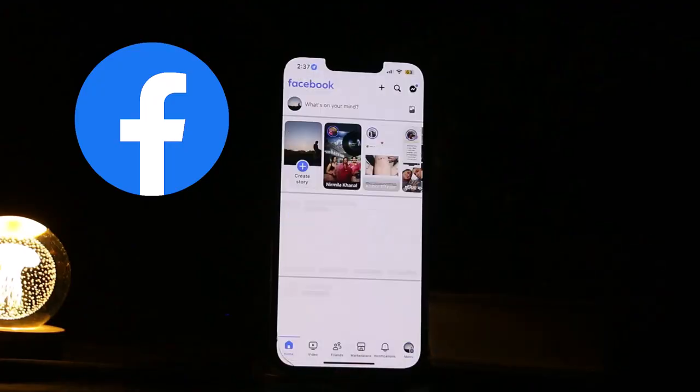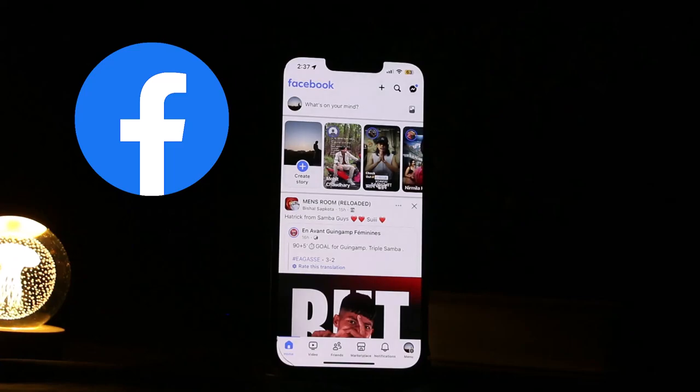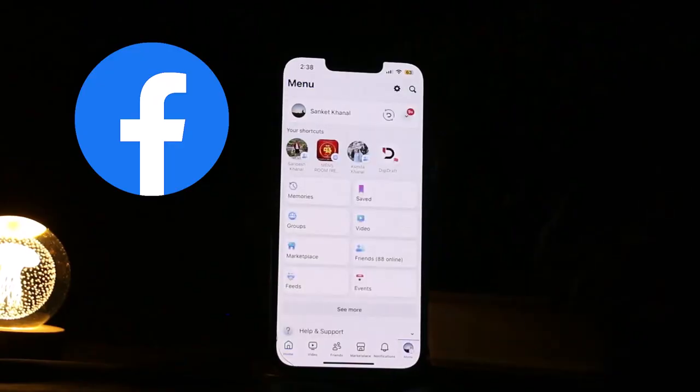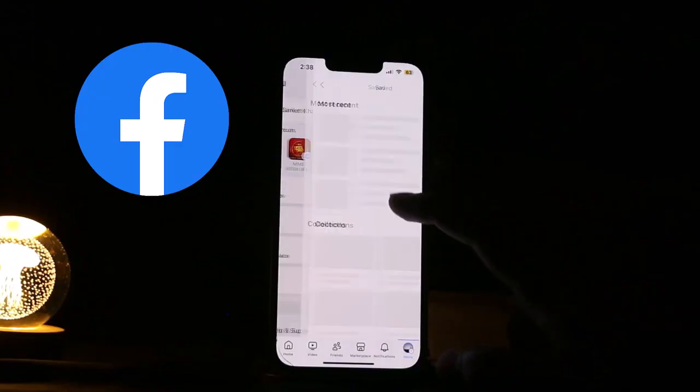So open the Facebook app, and as you can see, this is the home page of Facebook, where you'll see various options in the bottom taskbar as well as at the very upper taskbar. Now to find the saved post, you just need to tap on the menu icon at the very bottom right of the screen. So this is the menu icon where you'll see your name, memories, saved, groups, videos, and all of it. Now you must simply click on the option of saved, which is next to the memories right here,